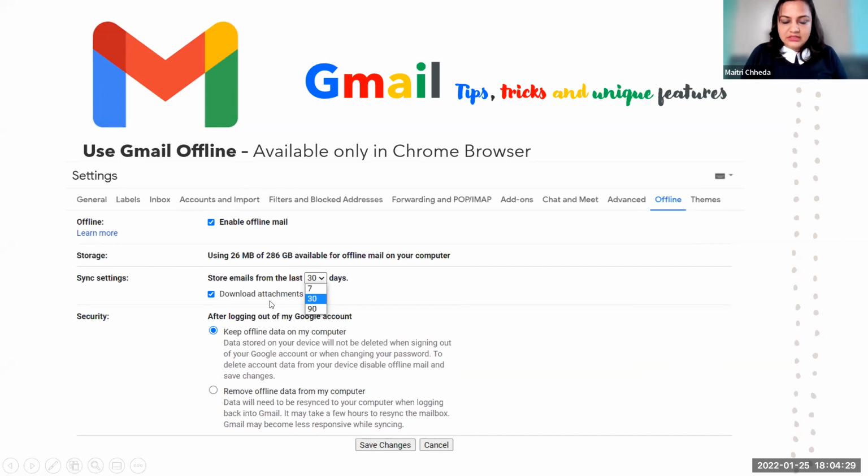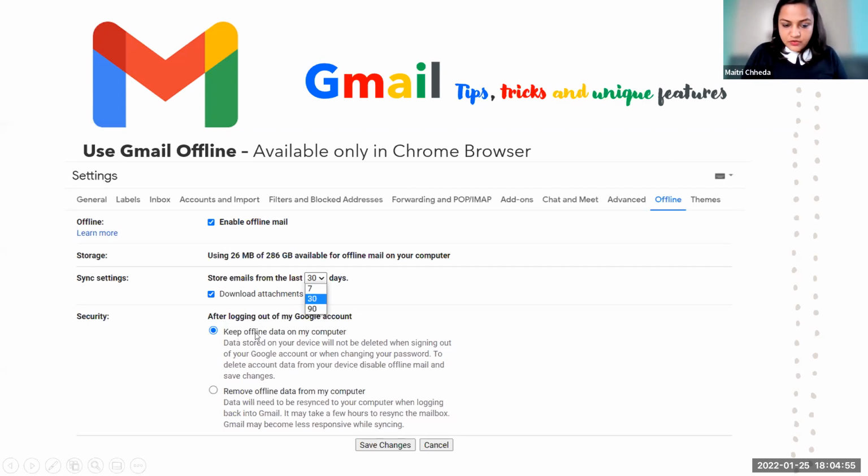So now imagine the kind of data you have accumulated in 90 days, or maybe 30 days, or maybe 7 days is okay, but for 30 and 90 days, however many GB of data will be stored on your computer, so that you are able to access it offline. Now you have an option that you can log out of your Gmail, but this data will remain in your computer.